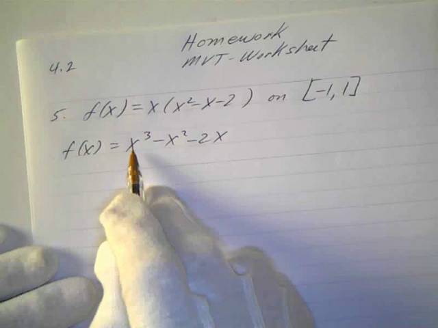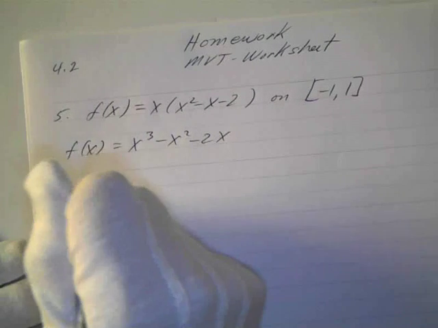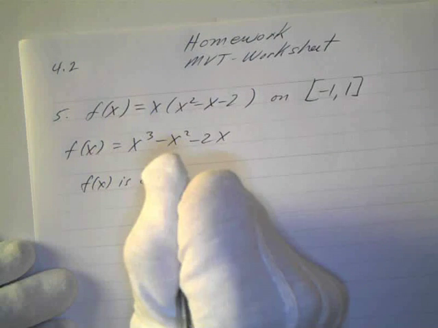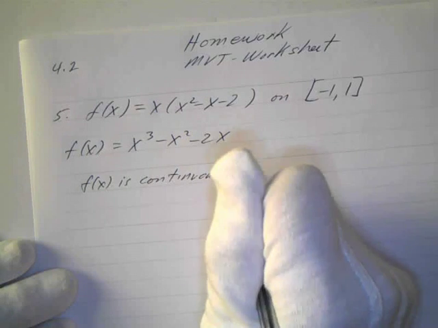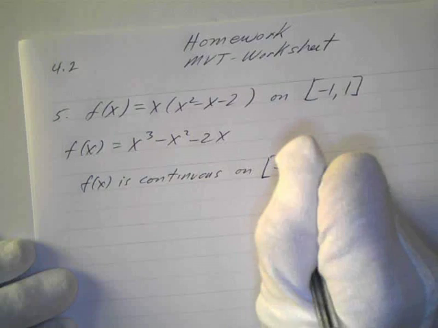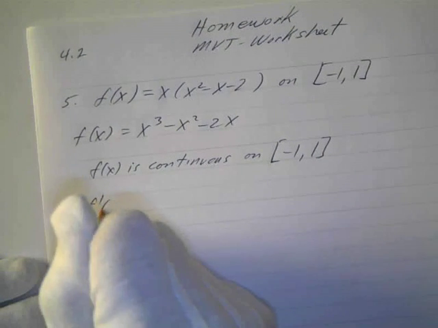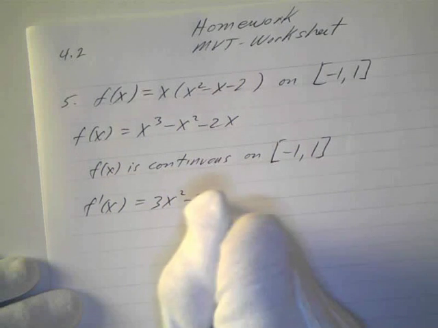All of these are continuous functions, so this is definitely continuous. We could say that f of x is continuous, actually for all real numbers, so definitely it's continuous on the closed interval -1 to 1. And if we take the derivative, f prime of x just equals 3x squared minus 2x